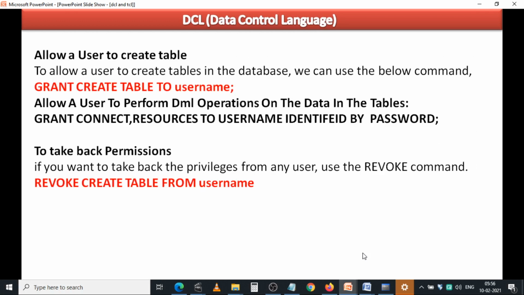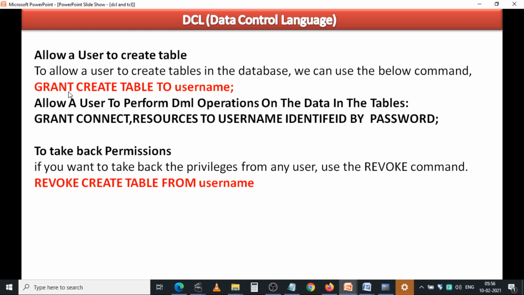Okay, just see one example for this. First of all, if the DBA wants to allow a user to create a table, he has to give permission for the table creation to that particular user.